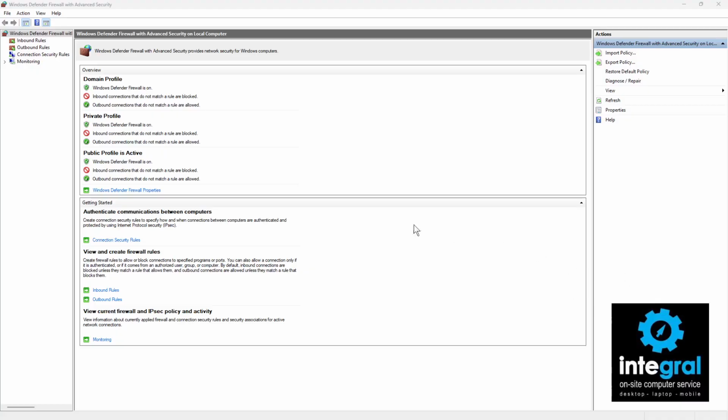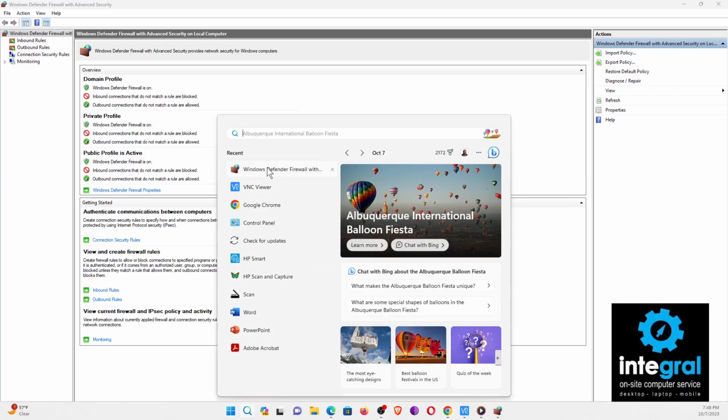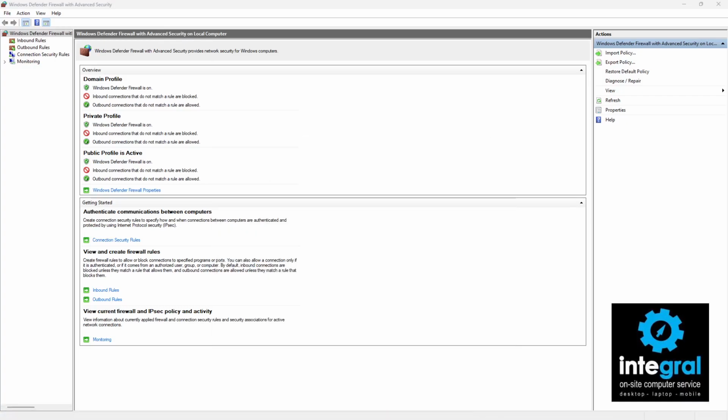Well, let's get started with Windows and I'll show you how these tools work. Now, on a Windows computer, there's Windows Defender Firewall with Advanced Security, and it even says that too. Let's do a search, and as you can see, Windows Defender Firewall pops up. Some of the things that you need to look at on Windows Firewall is just the overall profile of Windows Defender Firewall and Advanced Security. Now, most of you probably recognize Windows Defender as the antivirus component of Windows, but Microsoft has combined that all together into